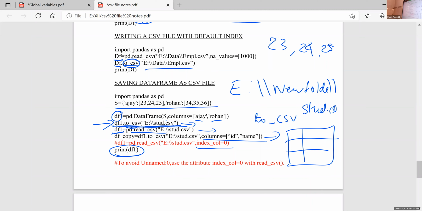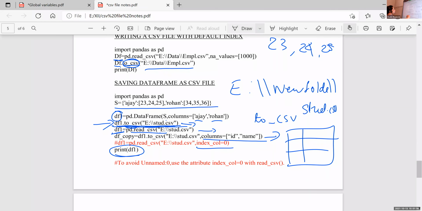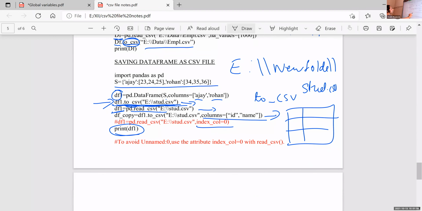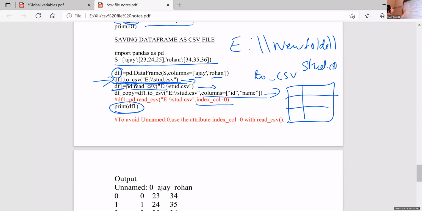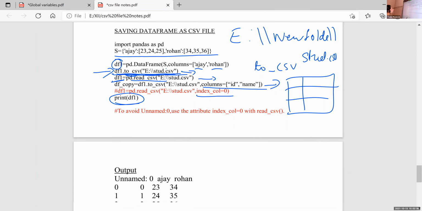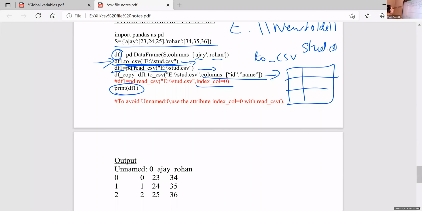So df1 is equal to pd.read_csv. If you use this statement, that is columns equal to id, name, it will display like this, Unnamed: 0. This is the output display.